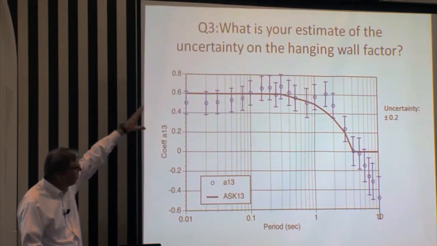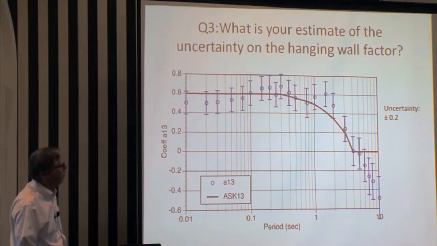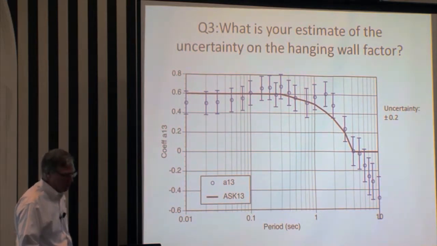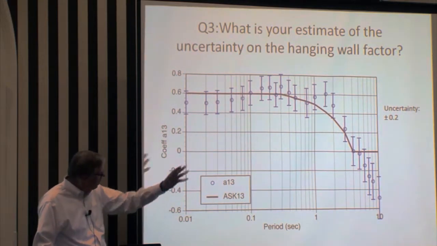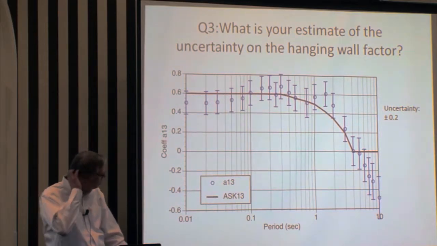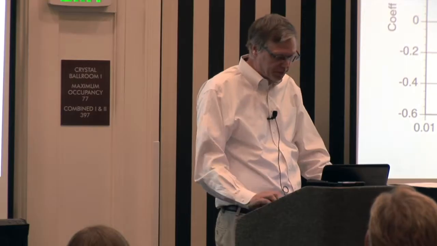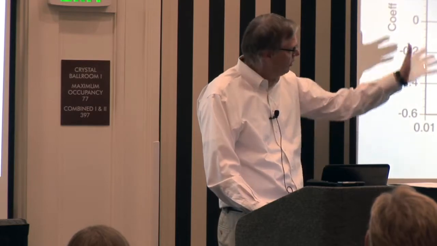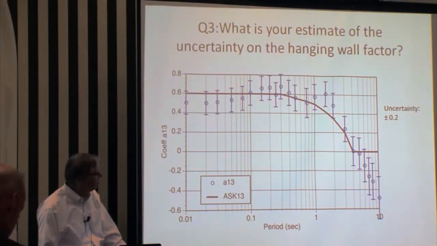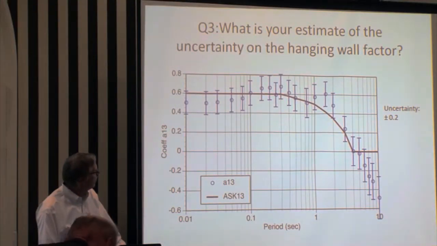Okay, so it's plus or minus 0.2 that could be moving up and down on the hanging wall effect. And then at longer periods, we have a much smaller hanging wall effect. So for our uncertainty, what I would propose to use here is plus or minus 0.2 natural log